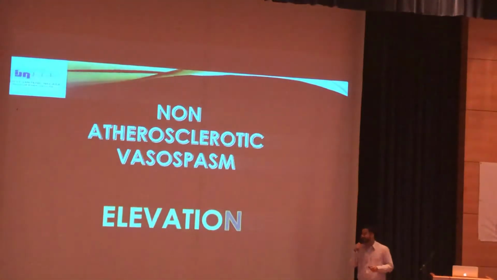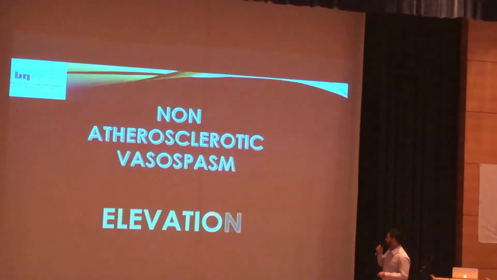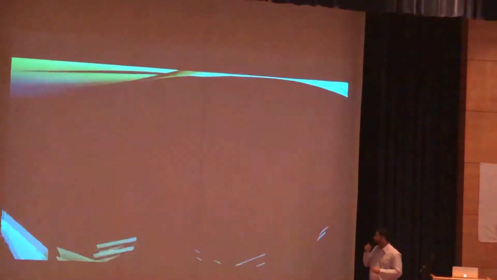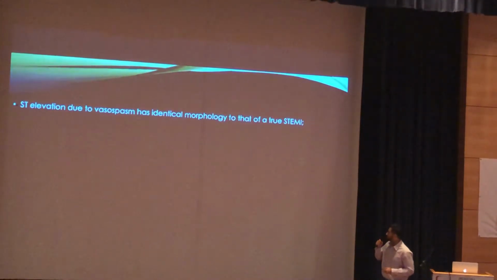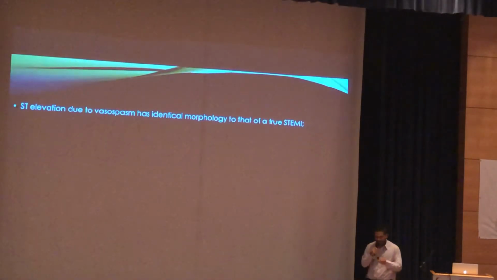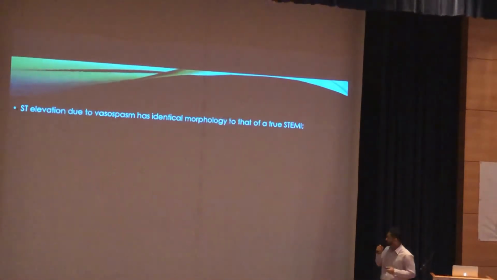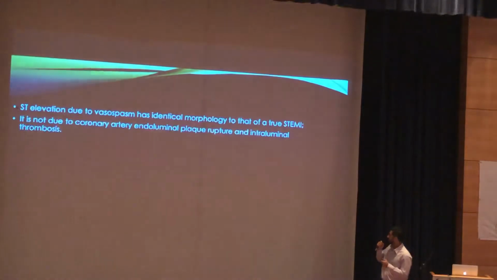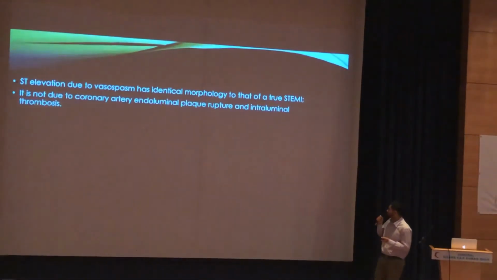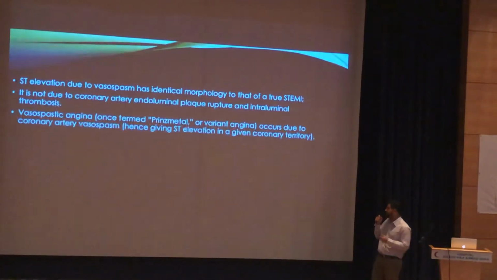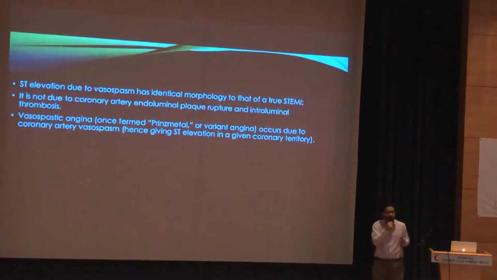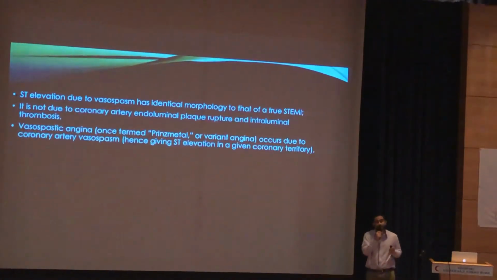We're almost done. So the N, the elevation, N, is non-atherosclerotic vasospasm. Vasospastic angina. How you want to differentiate is the same but different morphology. Just that in vasospastic angina, you do not have any blockage in your vessels. So it's not because of plaque rupture or intraluminal thrombosis. This is a totally different mechanism, what we used to call Prinzmetal angina. Most of the patients with Prinzmetal angina respond to